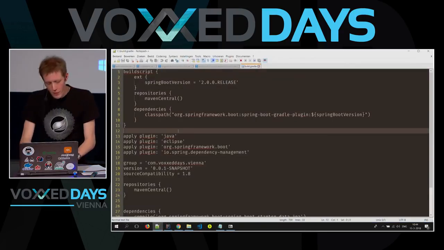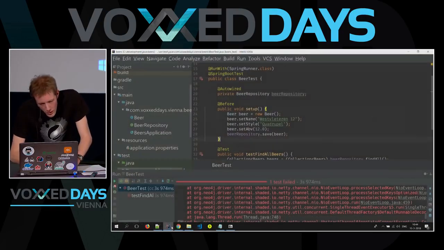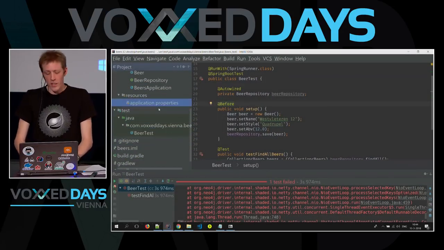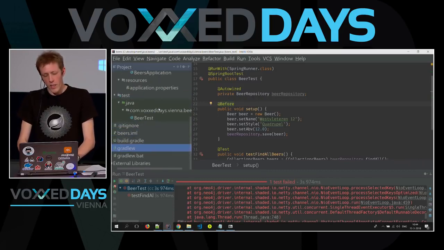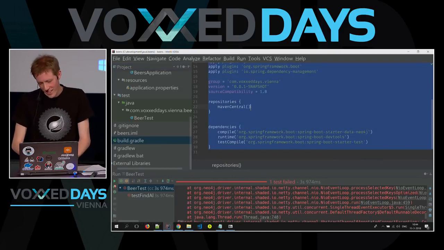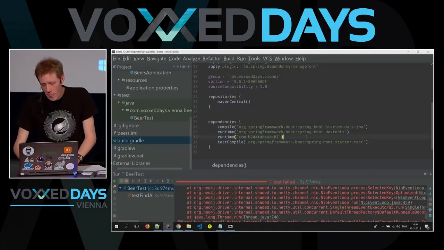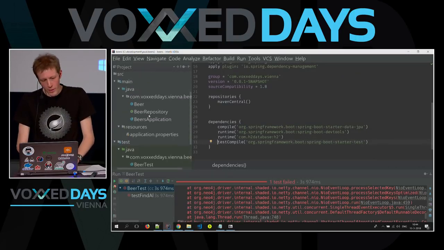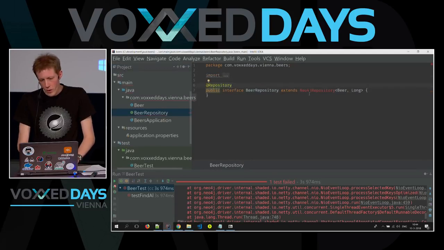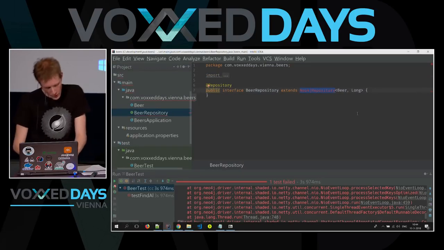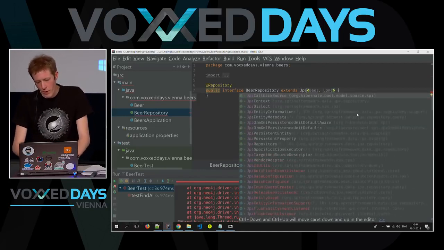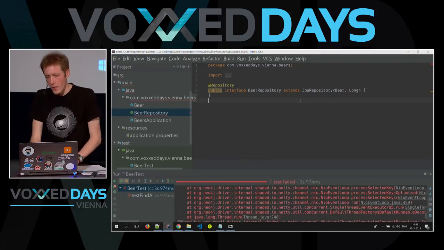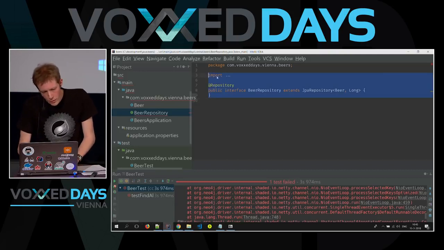Okay, I see I have 15 minutes, so I'm really going to speed it up right now. So let's hope that we get something working. Actually, it's a nice case because you can see how easy it is to switch technologies in between. I have the H2 database one. I need to change my repository a bit because we can't find Neo4j anymore, and in this case we can just extend JPA repository. There we go. This is quite nice because it figured out the dependency change all by itself.